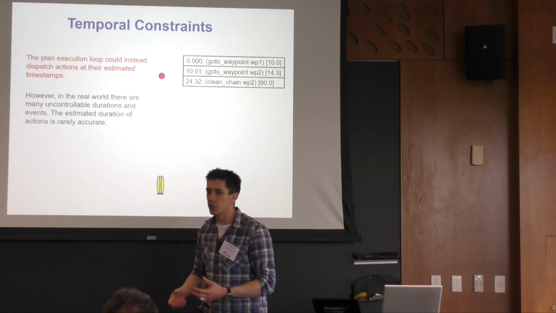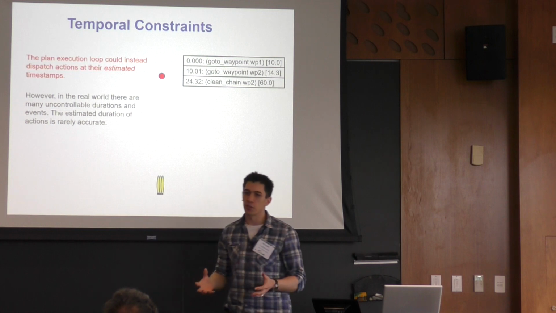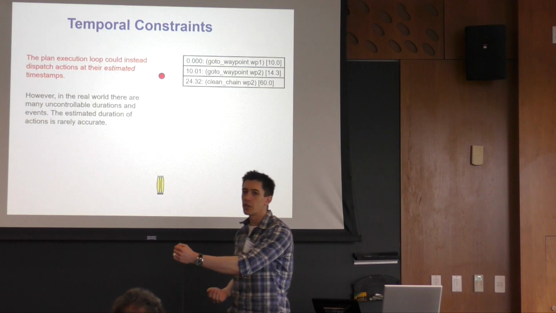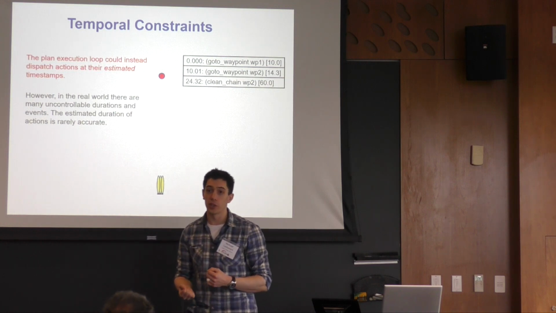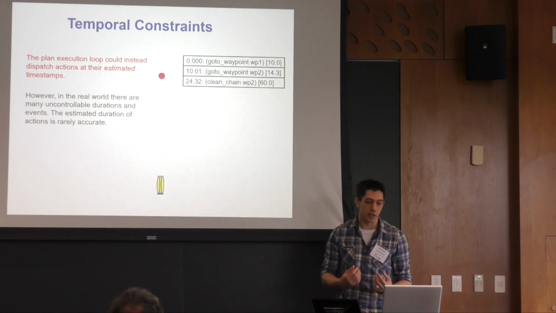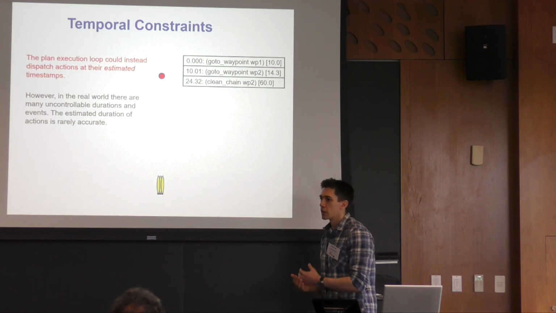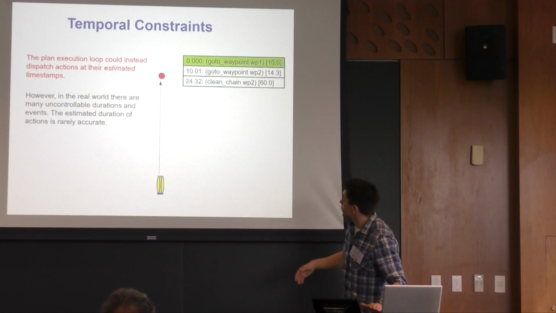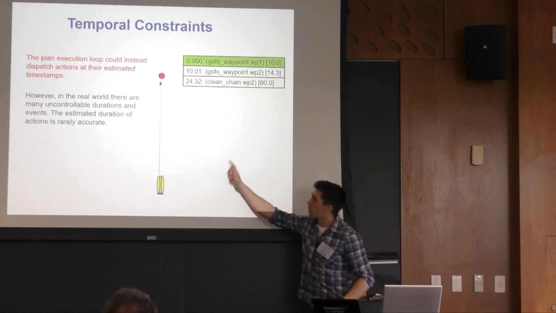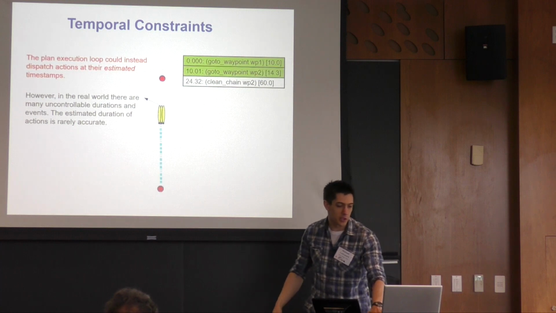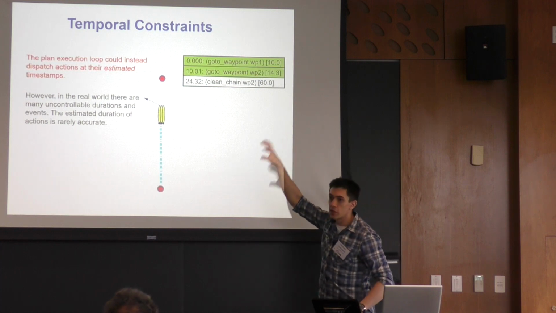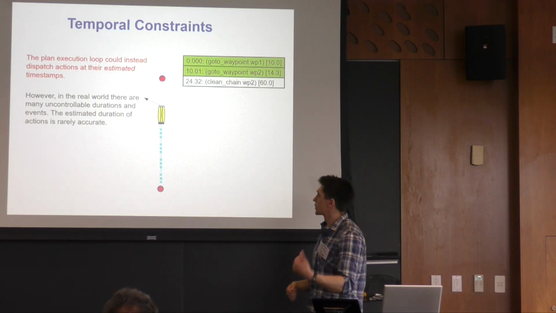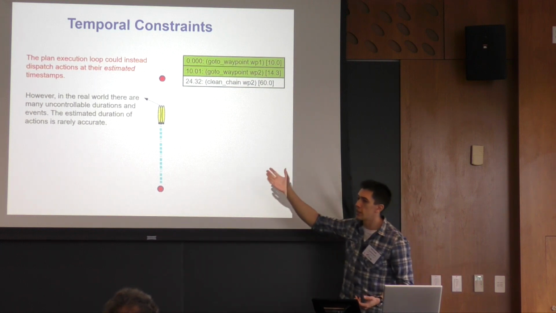But if you've ever tried that, you'll know that it's completely impossible. The robot never reaches its destination waypoint on exactly the second that the planner thought it would. The real world's just not clean enough for that. And the domain model is always at least a little bit inaccurate. So for example, with the AUV domain, we had a navigate to this waypoint that we assume would take 10 seconds, but if there was a strong current coming from the top of the screen, the AUV is struggling to move through it at a slower pace. 10 seconds pass and it's only here.